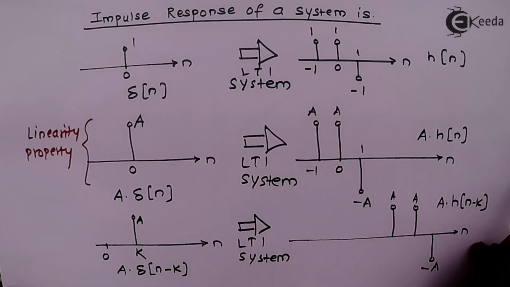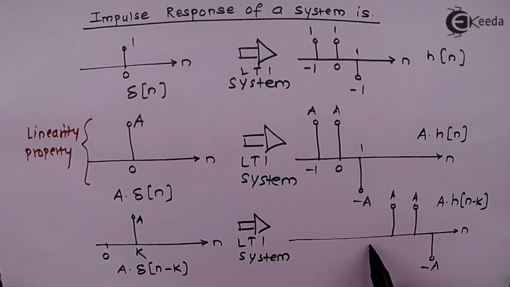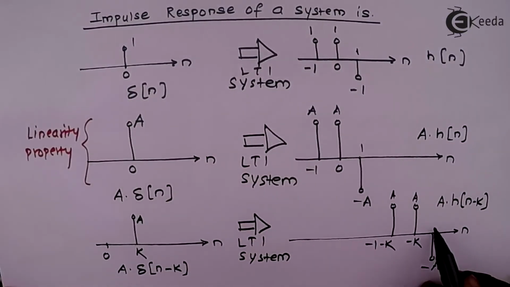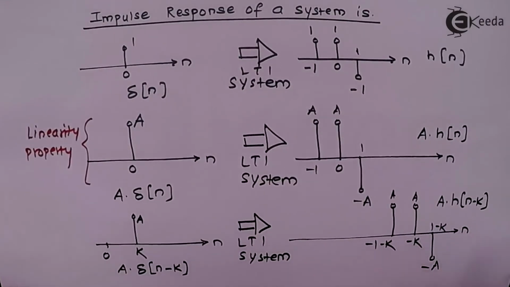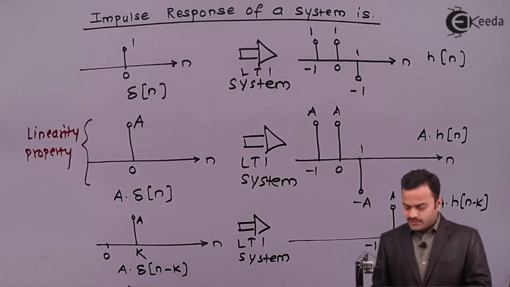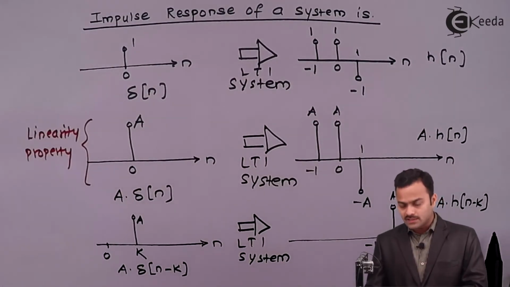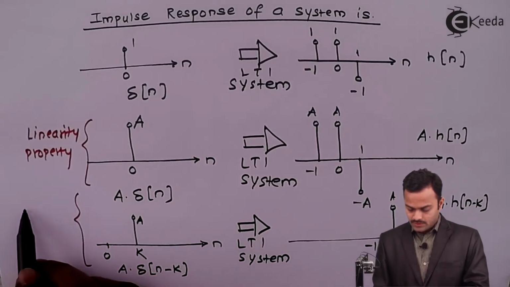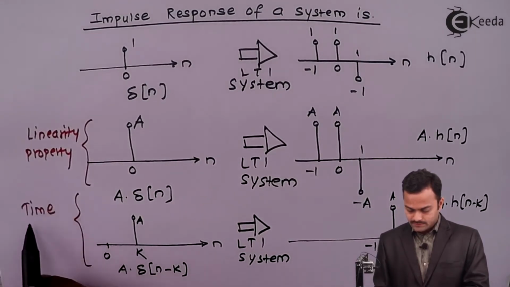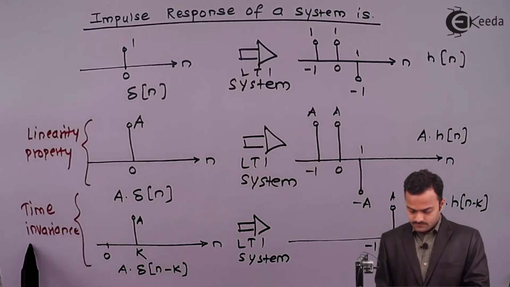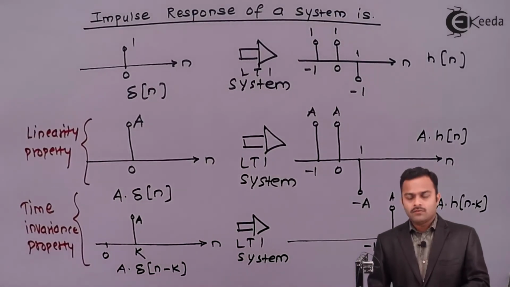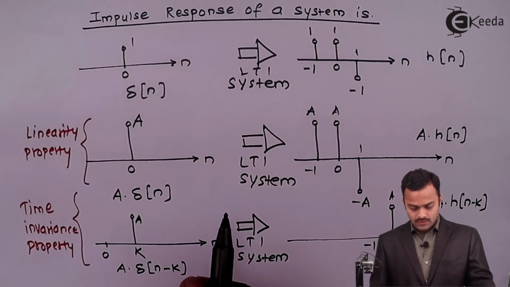And since I'm shifting this side by k amount, so this is -1 minus k, this should be minus k, and this should be 1 minus k. So what we are getting over here, a shifted version of the input signal results in the same shift at the output signal. So this is a property of a time invariant system. Now let's apply this property to our signal,